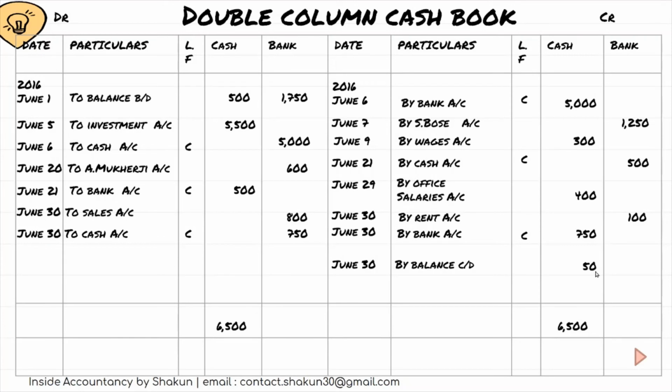Then let's do the same thing for bank. We'll find out the total of debit side as well as credit side. Again, the debit total is greater, so we write it on both sides. From the debit total, the greater total, we will subtract the lesser side, the credit side, and we will get the balancing figure, that is 7050. So that is our balance carried down of cash as well as of bank, which is our answer.